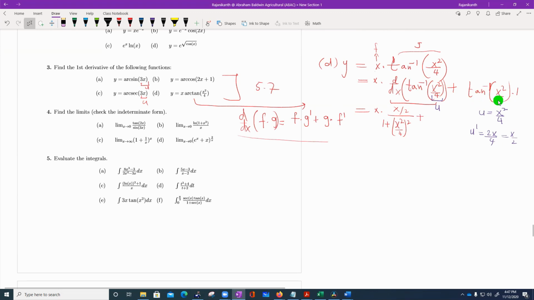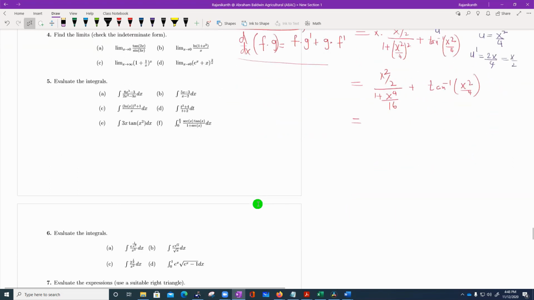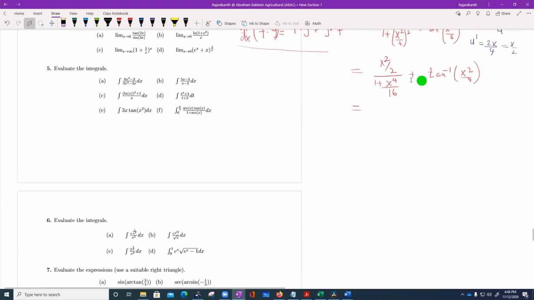Plus, now write down this piece. 1 times that function is simply that function. Now you have to use a little bit of algebra and simplify it. So let us simplify. x times x is x squared over 2. Here you will get 1 plus x to the power 4 over 16, plus arctan x squared over 4. Now, did I simplify the answer? Okay, so that means we need to simplify this. So x squared